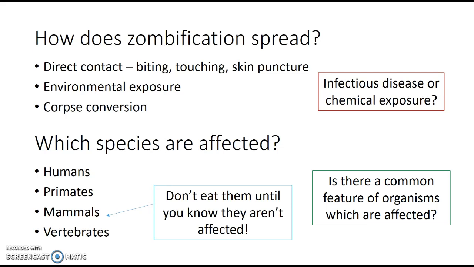Secondly, we want to know what are the features of organisms which are affected. We know based on evolutionary history that there are a lot of similarities shared by each of these increasingly broad groups. But if we can identify a point at which groups of organisms that share some features are not affected, then we can start to identify what features they do not share and hone in on those as potential reasons why they're not affected, which could impact development of a cure.